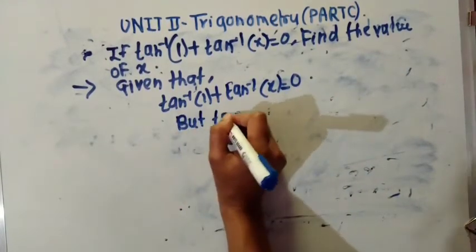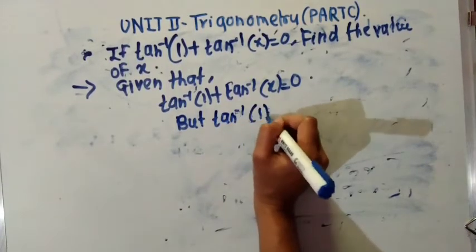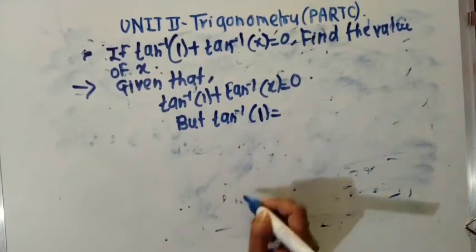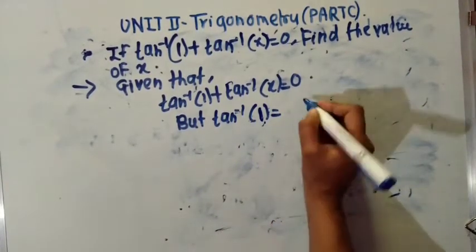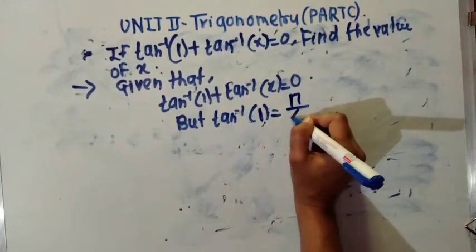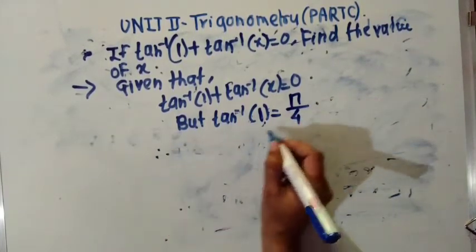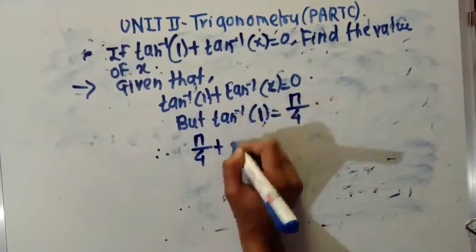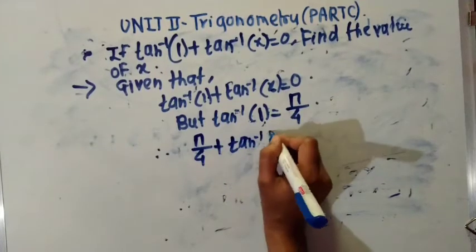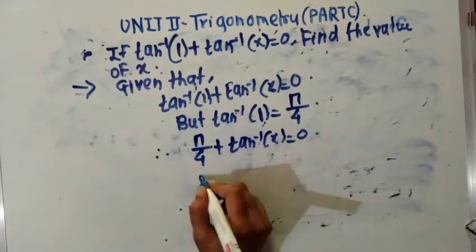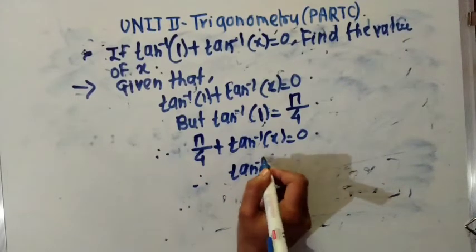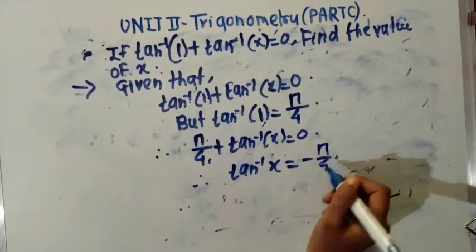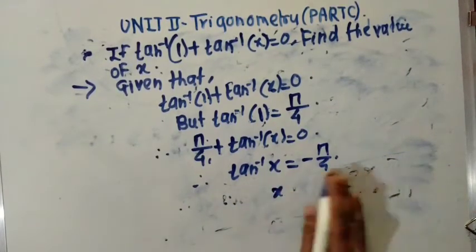But tan inverse of 1 means, which angle has tan value 1? So it is 45 degrees, which means pi upon 4. Hence here pi upon 4 plus tan inverse of x is equal to 0. Hence tan inverse of x is equal to minus pi upon 4. Hence x is equal to